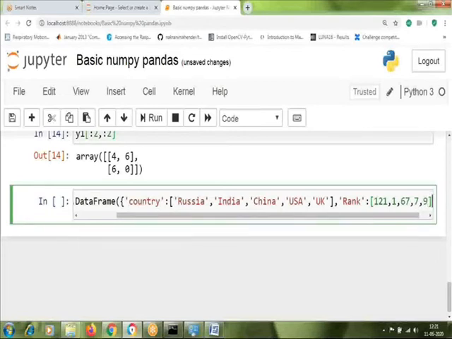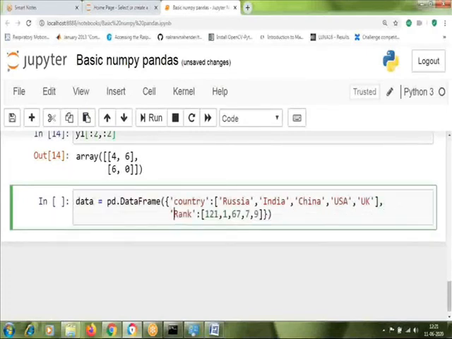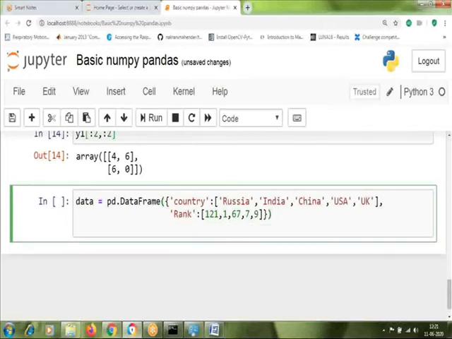These are the ranks given. Now I'm going to close it with the curly bracket and then the normal bracket. This creates the data frame, and now I'm going to print it.